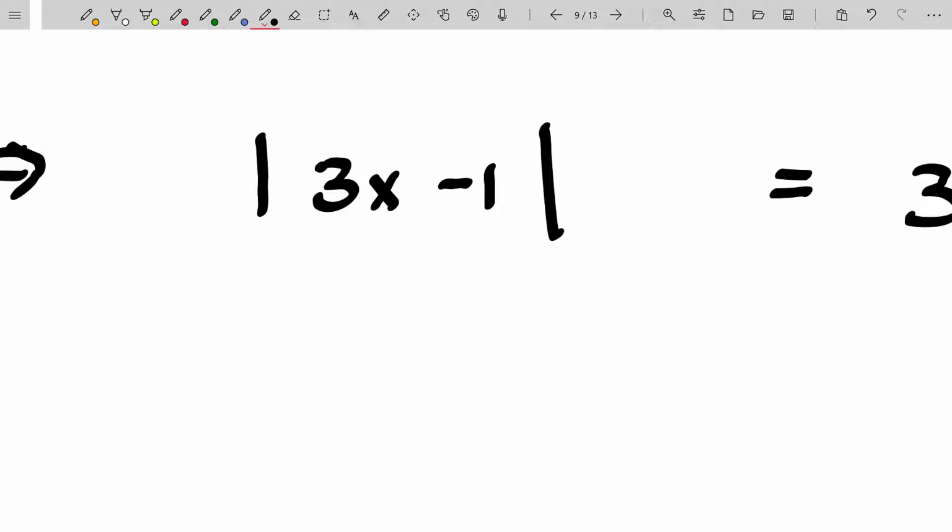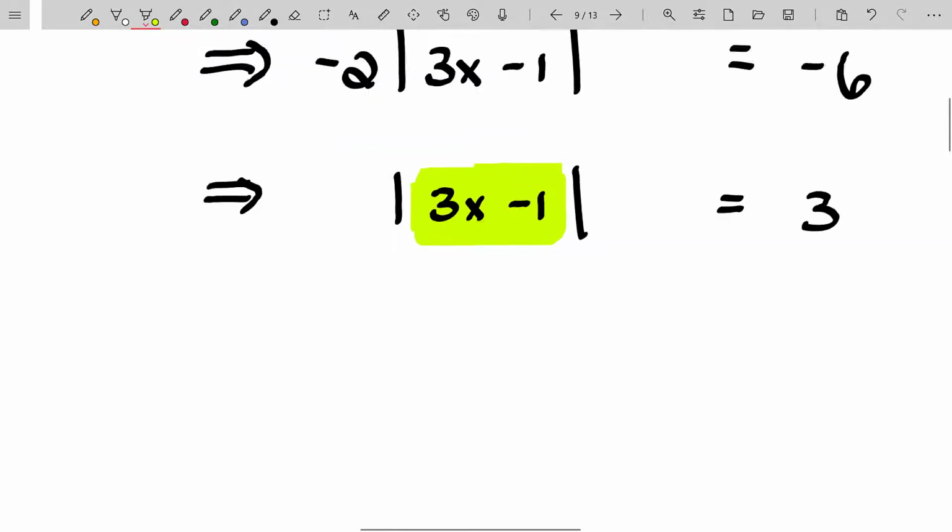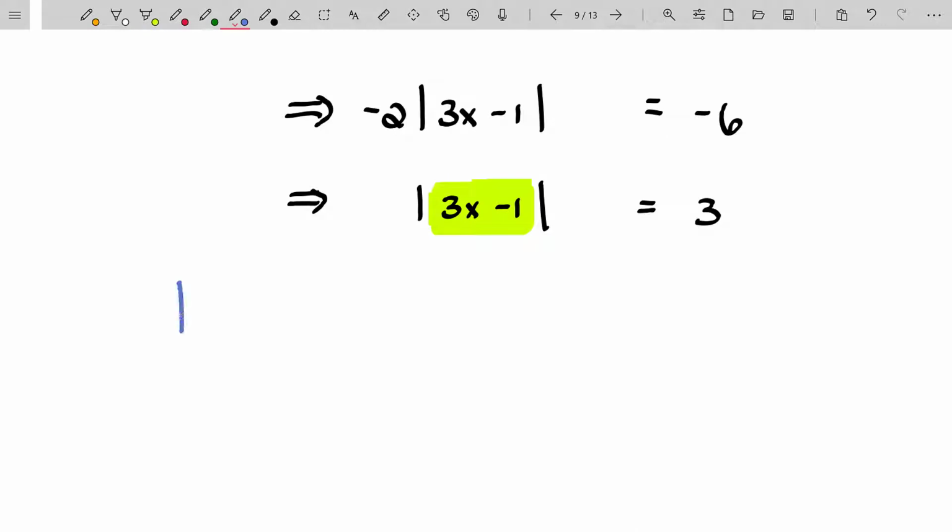So if you don't know what x is, then you don't know if this picture in here is positive or negative. You have no clue. So you break this into two cases. By definition, the absolute value of 3x minus 1,